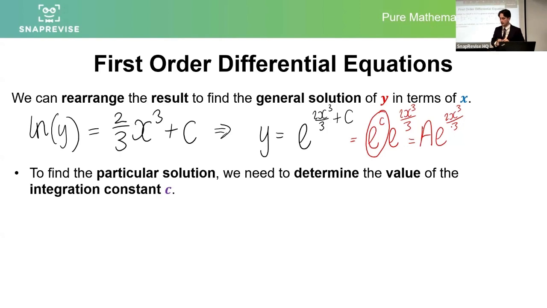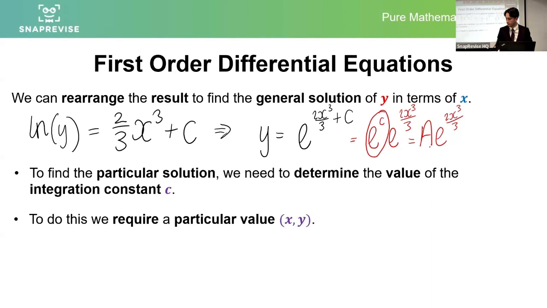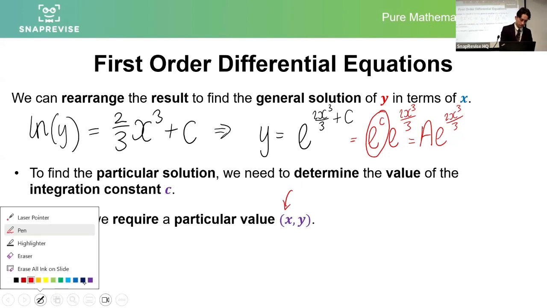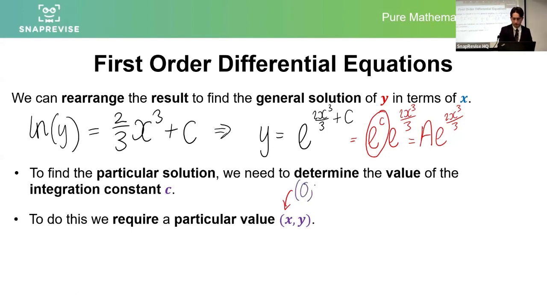And that's the step I think people struggle with. It's not nice having the constant mashed into the power of something awkward and clunky. It's much better writing it like this because we can even understand that better as a graph transformation. So now, if we're given a particular value to sub in, for example, a pair of coordinates, I'm going to give us the pair of coordinates for this, 0, 4. So if I give you 0, 4 to sub in as x and y,